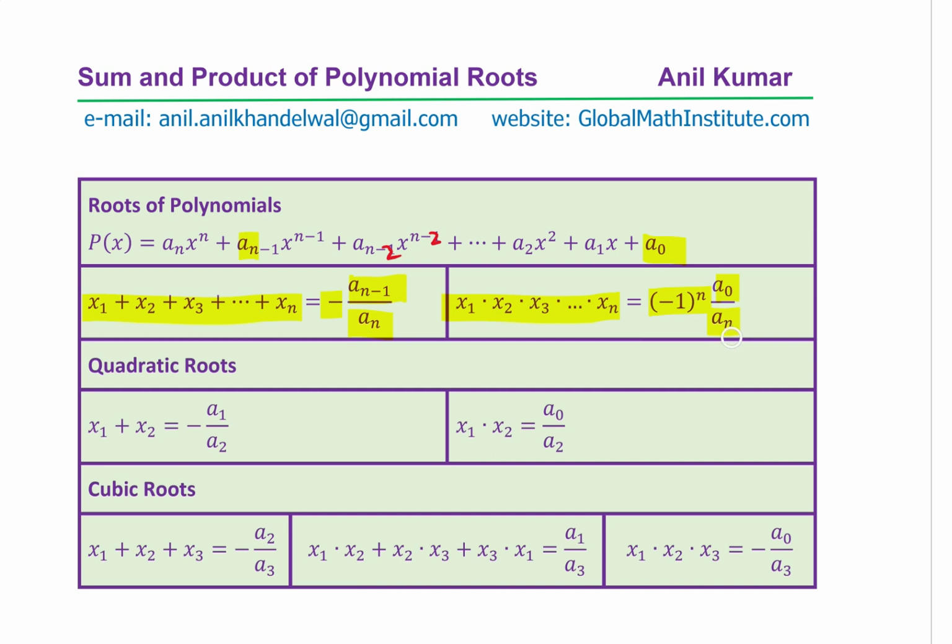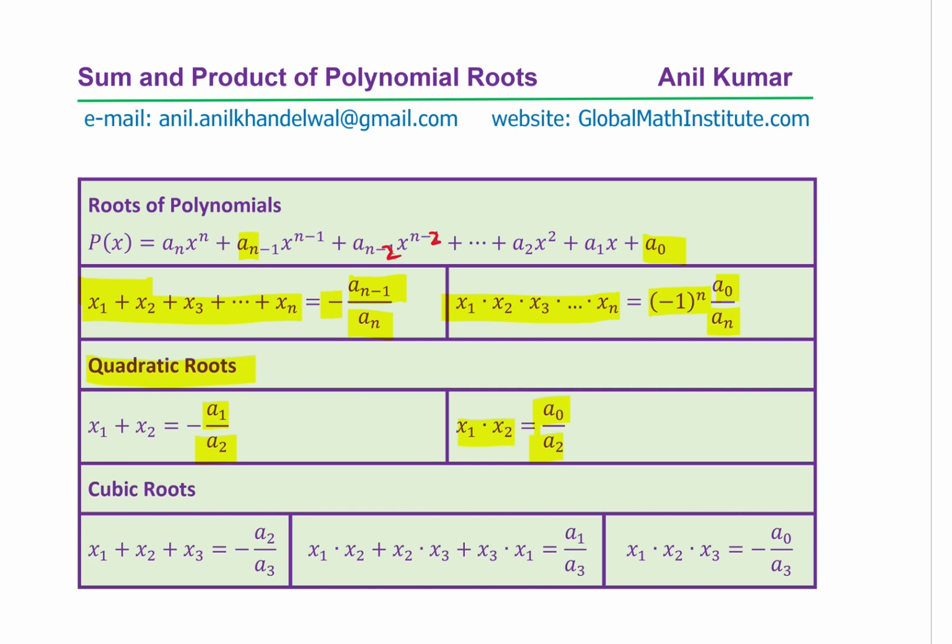Is that clear to you? We just derived the formula for quadratic roots, and you see quadratic equations have only two roots, that is x1 and x2, and the formula will now reduce to minus a1 over a2. The same formula can now be written for the product of x1 and x2 as the constant over the leading coefficient. The sign will be positive since the quadratic equation is of degree 2,